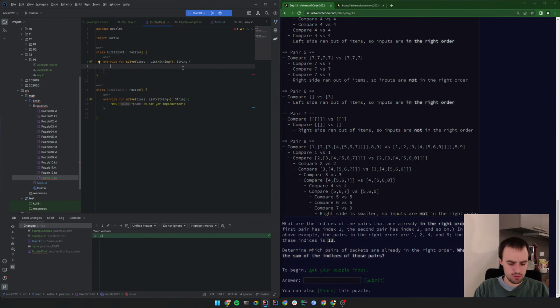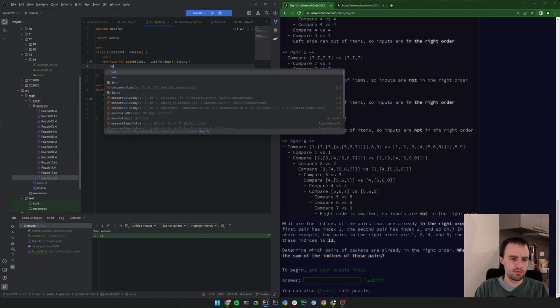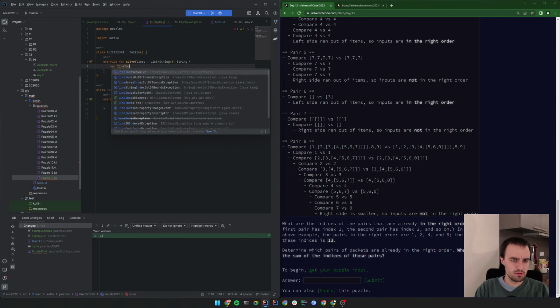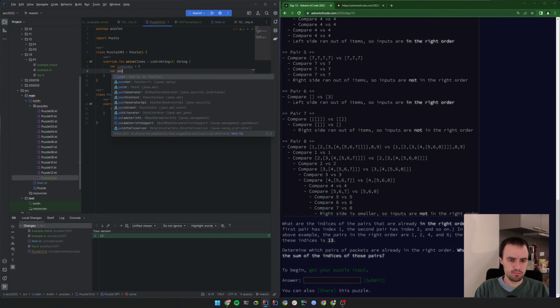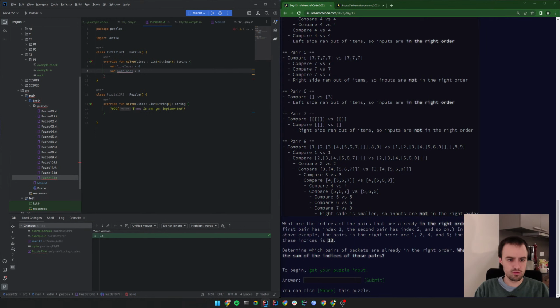So then we'll have var line index, which starts at 0, and then we'll create the var pair index, also starts at 0, and then we just go while line index is smaller than lines.length or size,